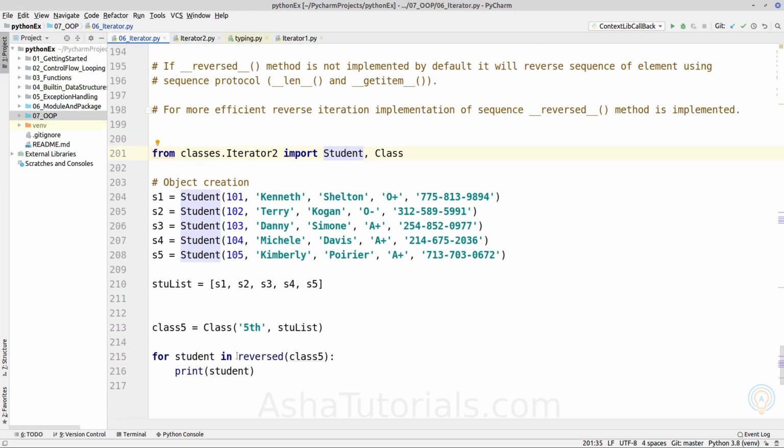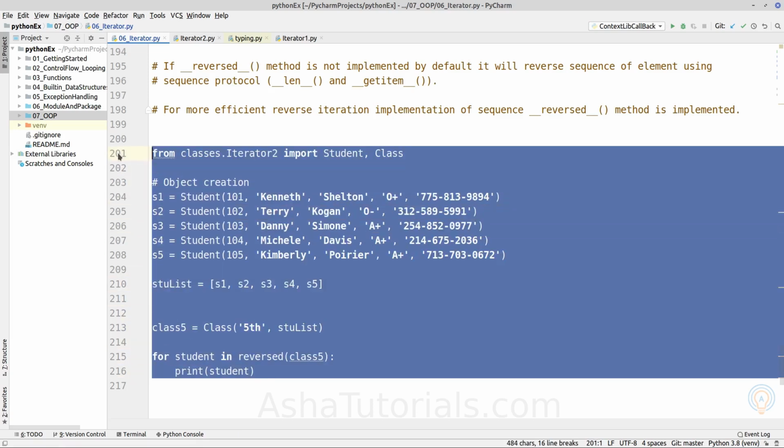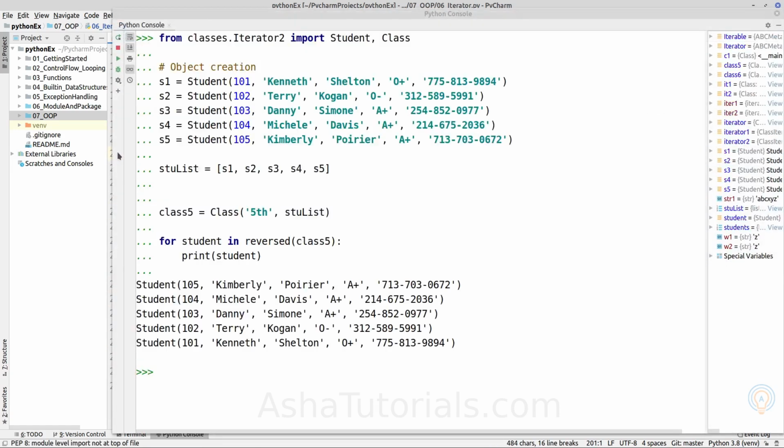Using the reversed method, we can iterate the collection of students stored inside the class object. So let's execute it. As we can see, the collection of students is iterated in the reverse direction.